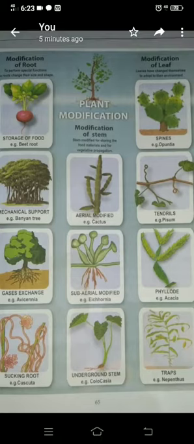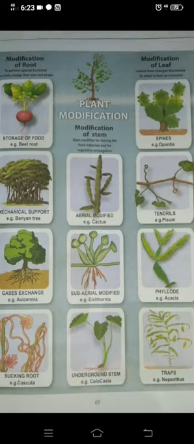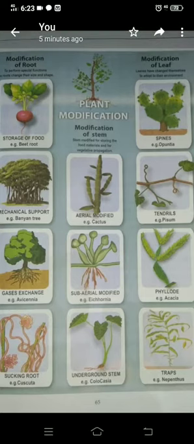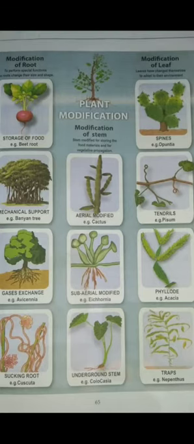Here the leaves have a modification into a root-like structure for support. It is a climbing root. Tendrils, that is what we call tendrils. Then here it makes a pitcher. The leaves have a modification. Then drops, that is insectivorous plants. The leaves eat the insects for getting nitrogen. Okay.